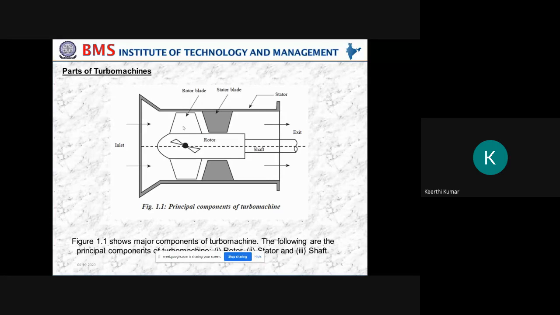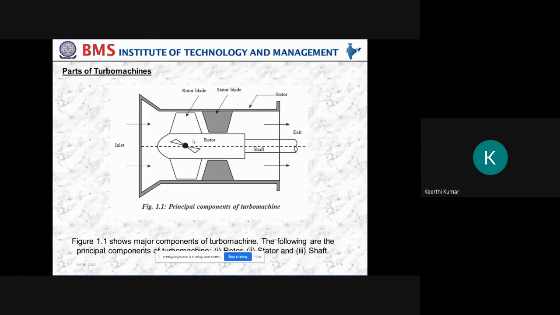This blade will rotate. Because of the rotation of the blade, the air, it will throw the air. High pressure air, it will throw outside. Correct? We can draw that figure also. We can draw the figure of a fan also for a turbo machine, because as I told, the major parts of turbo machines are these things, but in that very important parts are rotor and the rotating fluid. If you include the rotor and rotating fluid, then that is enough to tell it as a turbo machine.